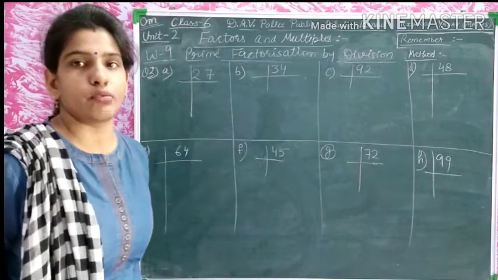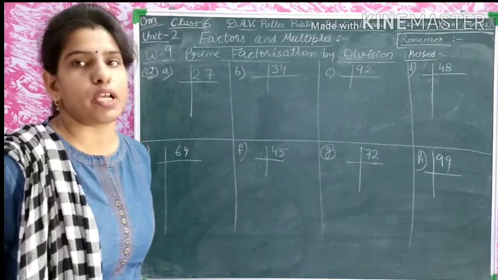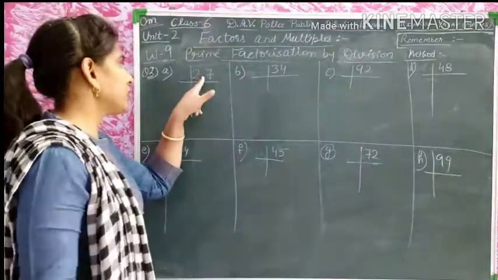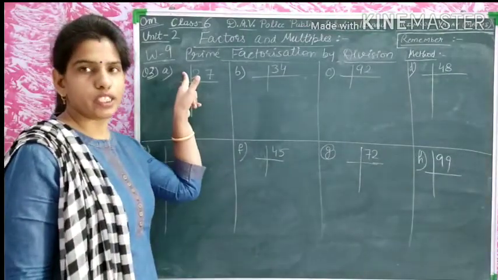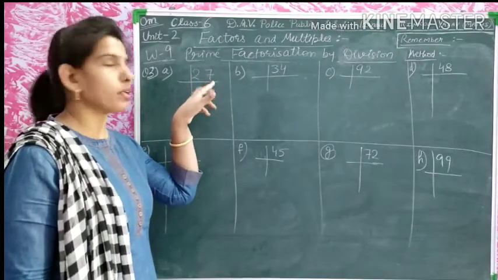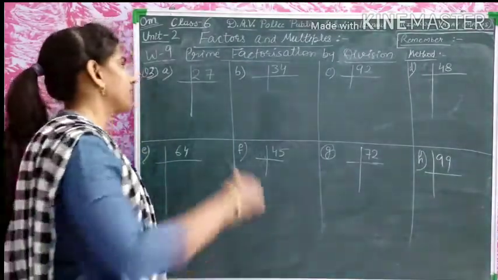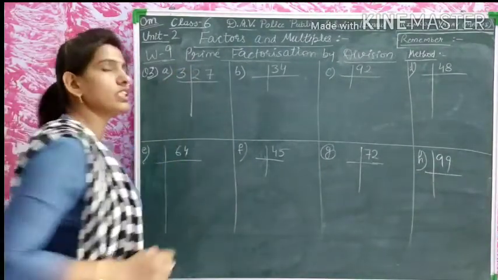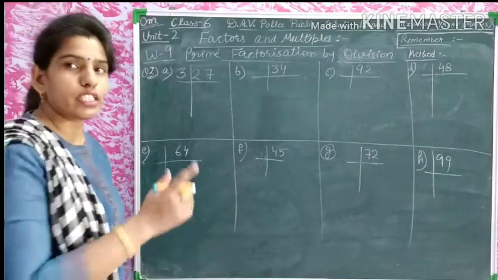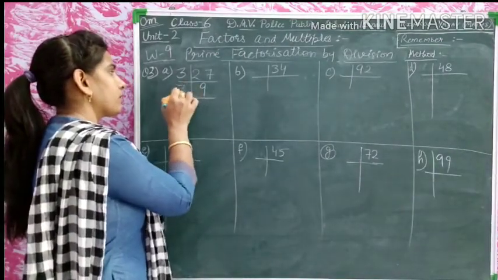For the division method, we are using the same algorithm as we have done already in the factor tree method. First, the number is divided by the smallest prime number. So, the smallest prime number is 2. Is it possible to divide this number by 2? No, because its last digit is 7. And now we will check whether this number is divisible by 3. Yes, 27 is in the table of 3. 3 9s are 27. And now this number is divisible by 3.